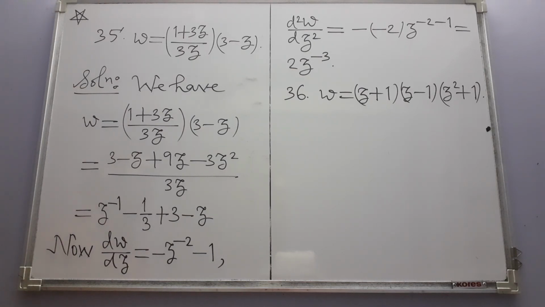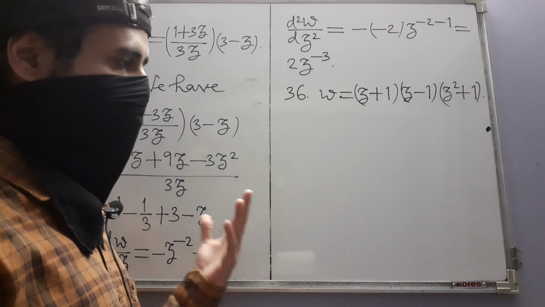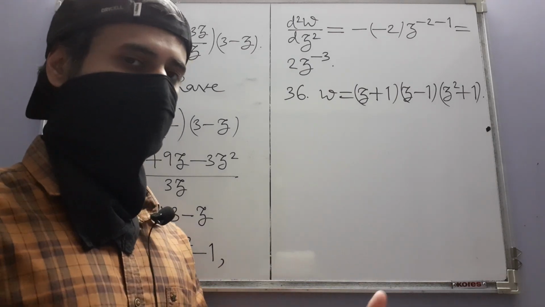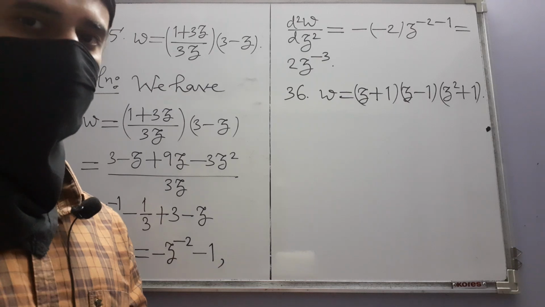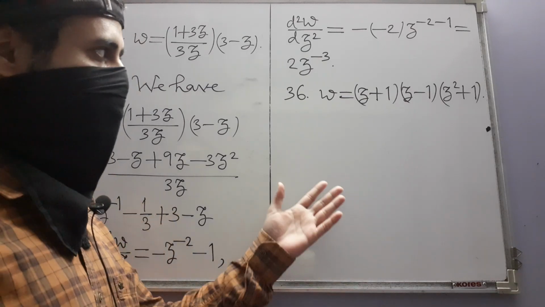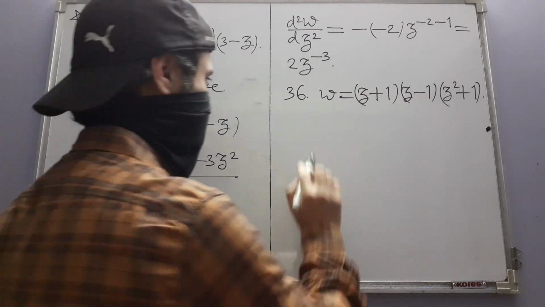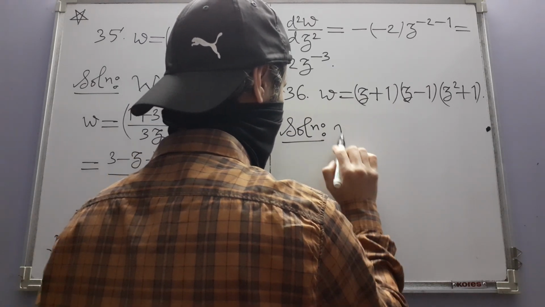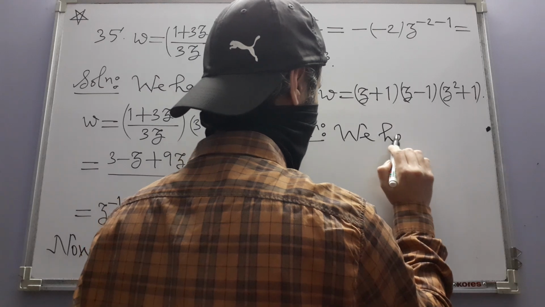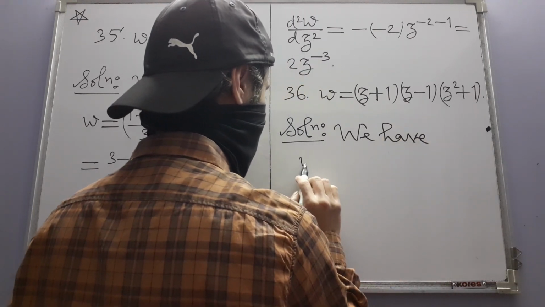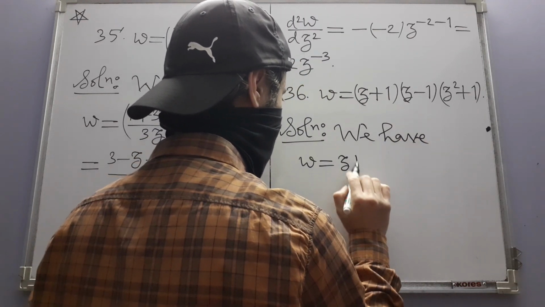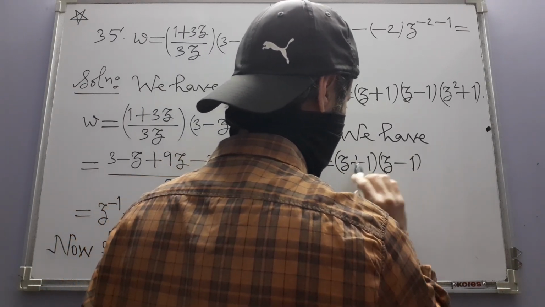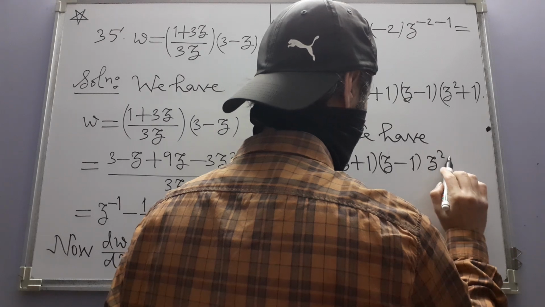If someone starts applying the product rule without first simplifying, you will get the answer ultimately, but it will be something very big. The form it is in right now, it's screaming for simplification,